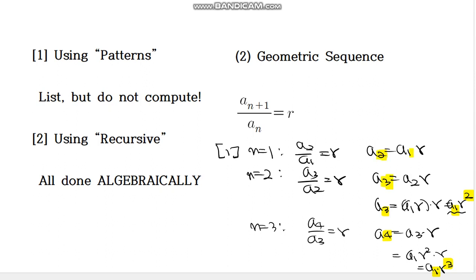When this is A2, then the exponent is 1, right? Therefore, we can definitely conclude that when it's An, we have A1 and r to the power of n minus 1, right? Therefore, 1 plus n minus 1